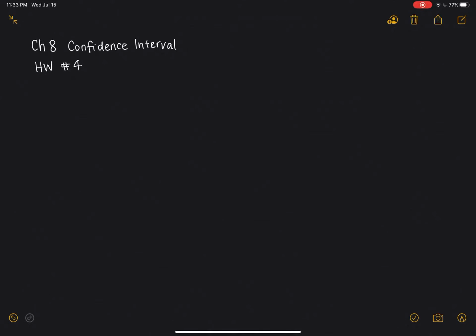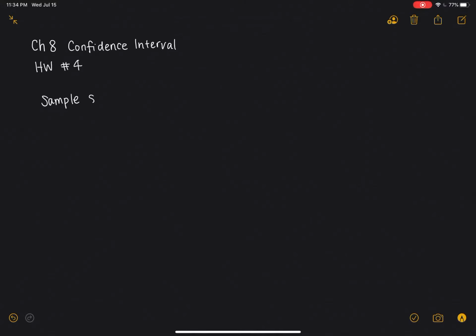Chapter 8 Confidence Interval. Homework problem number 4. A pharmaceutical company makes a drug. It is assumed that the distribution of the length of time the drug lasts is approximately normal. Researchers in a hospital used the drug on a random sample of 9 patients. So a sample of 9 patients tells us